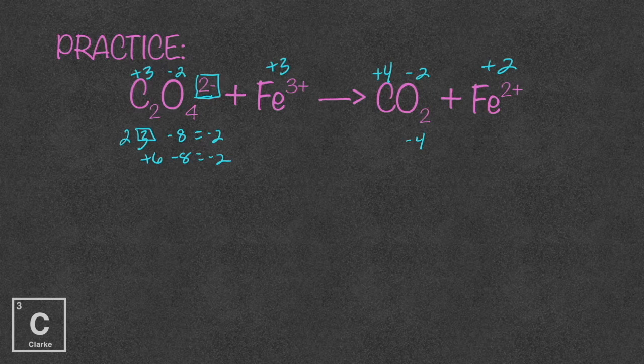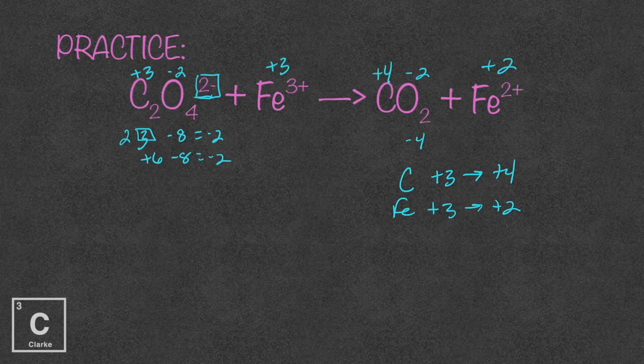Carbon, let's make us a little note. Carbon went from a +3 to a +4. Iron went from a +3 to a +2. Okay, so let's make sure we know what's happening here. To go from a +3 to a +4, our number is getting bigger, more positive, meaning less negative. So we've lost 1 electron. And then if we look at iron, our number is getting smaller, more negative because it's gaining, and it only